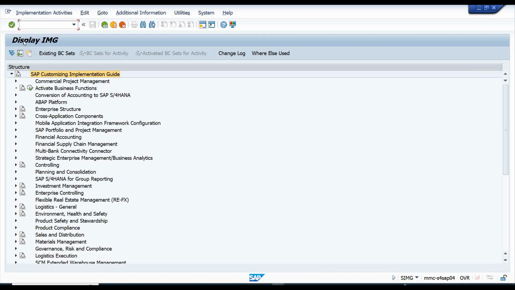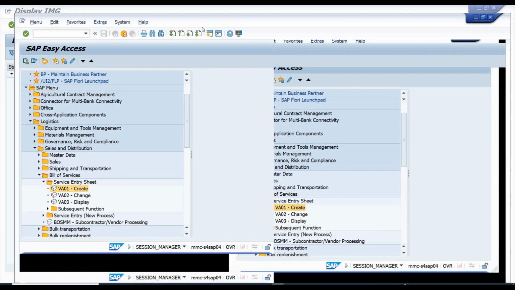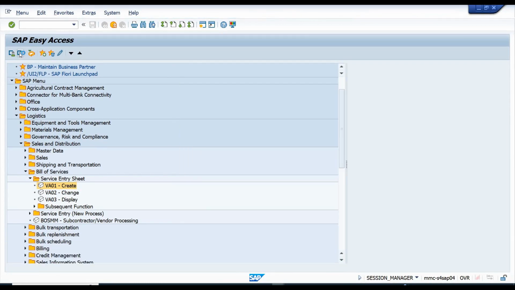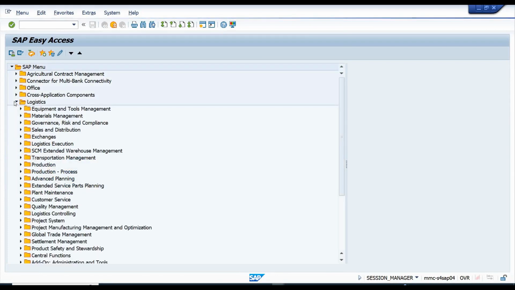Although this screen is giving the message Display IMG, the Implementation Guide is displaying, but you can manage all the structural changes and make the configuration in SAP for any modules. You can even activate the modules that you cannot see on the screen. For example, if we come to this screen and I press this one, now you will not see other modules